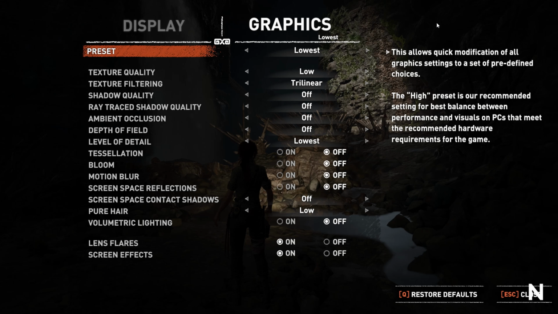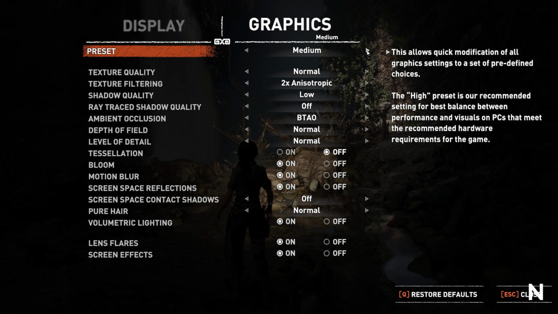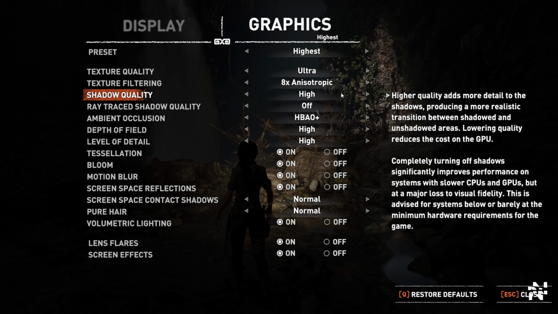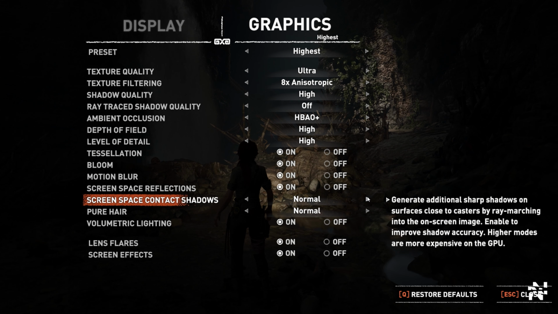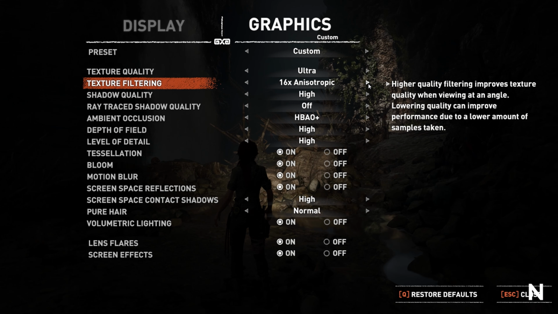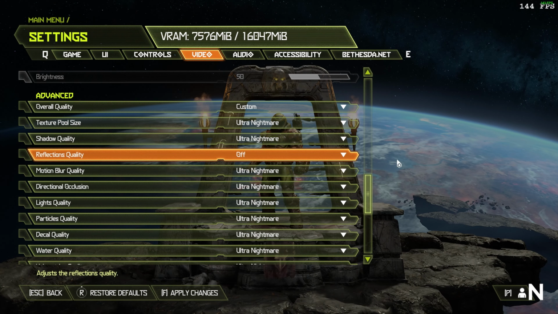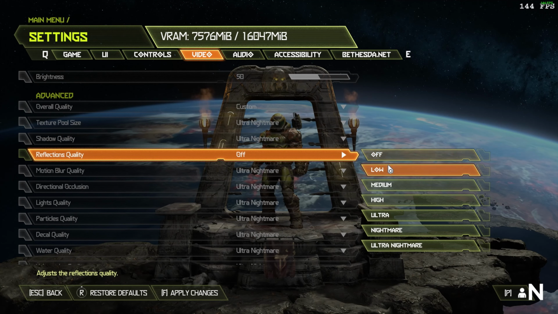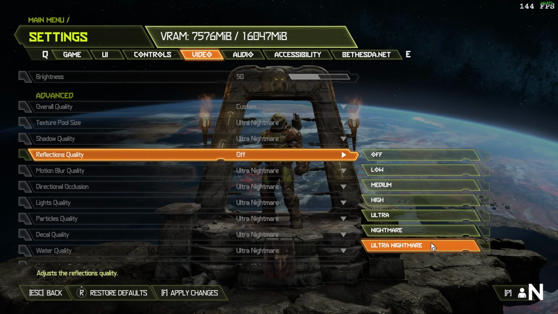Adjusting reflection quality is essential for balancing visual fidelity with performance on all types of PCs. For those with lower-end systems, prioritizing performance by lowering this setting can vastly improve gameplay smoothness. Conversely, owners of high-end PCs can push this setting higher to enjoy the full visual splendor and realism that modern